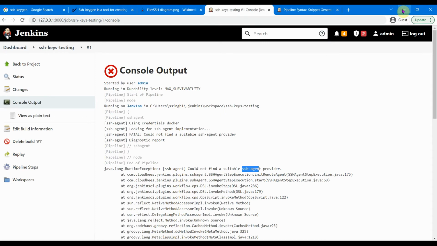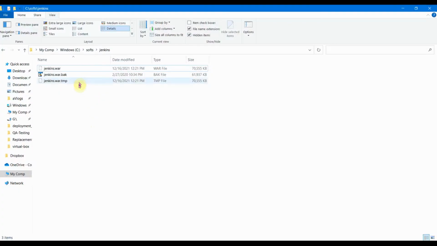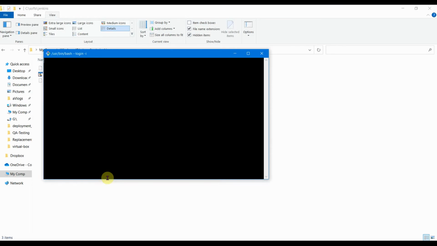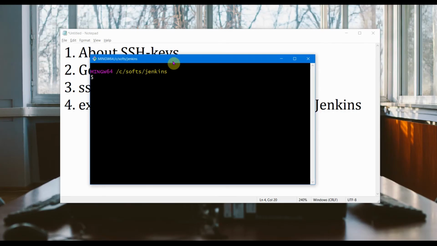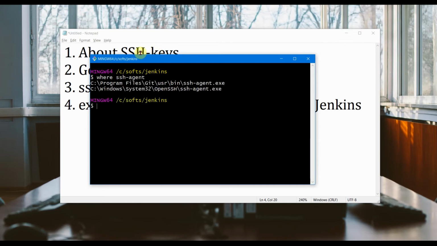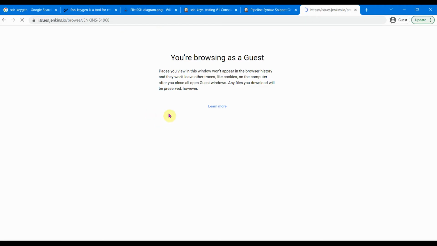I already have git bash in my Windows machine, so let me open a git bash. So this is git bash. What we can do is search for SSH-Agent, where SSH-Agent, and it gives us 2 paths here. One is the C program files git. This is the one which came with my git bash, and this is the one Windows has by default, OpenSSH. So the problem is this Windows one will not work with Jenkins because of this bug